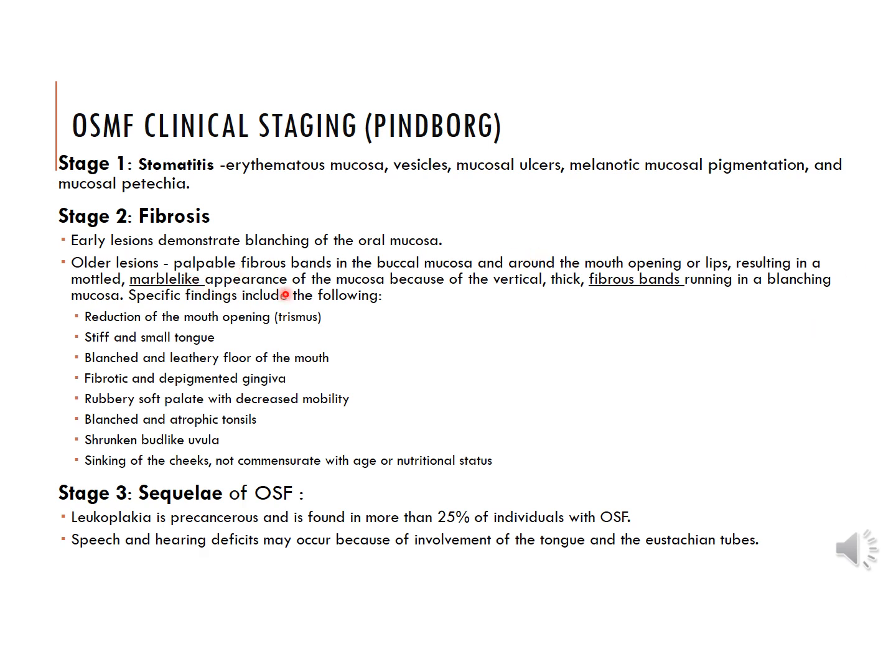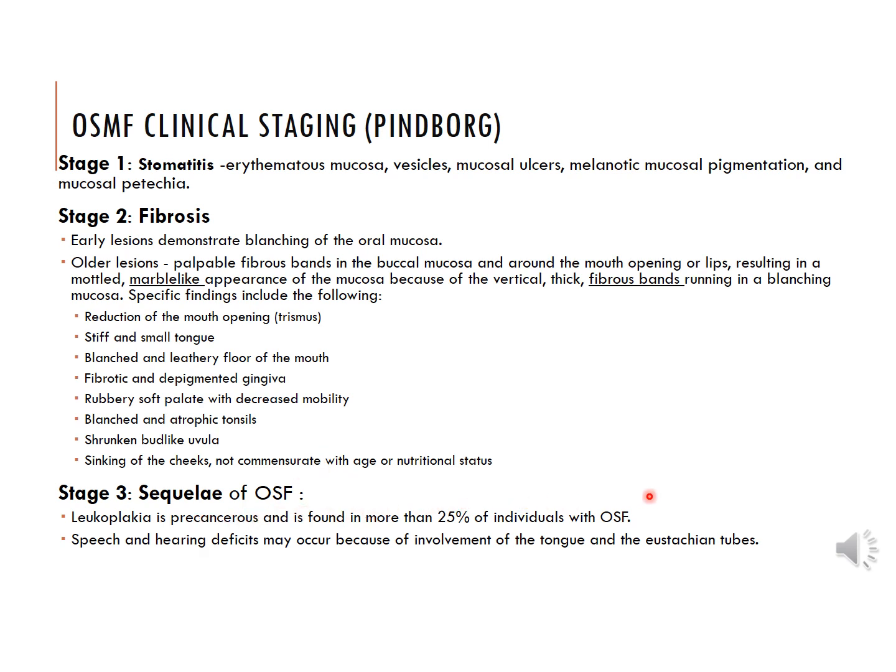So specific findings include the following: restriction of mouth opening, which is called trismus, stiff and small tongue, blanched and leathery floor of the mouth, fibrotic and depigmented gingiva, rubbery soft palate with decreased mobility, blanched and atrophic tonsils, sunken bud-like uvula, also called hockey stick uvula, sinking of the cheeks, not commensurate with age